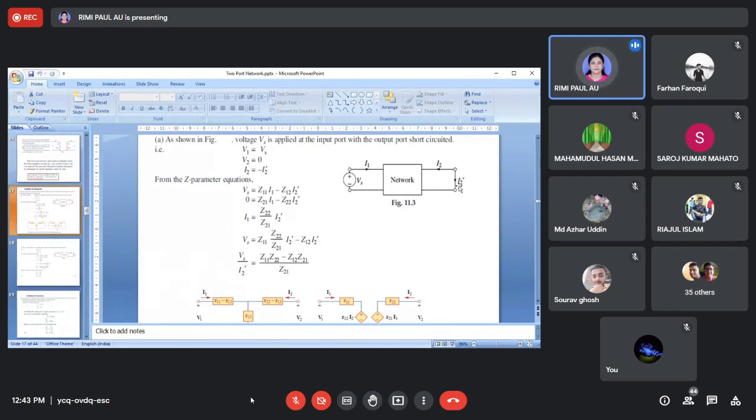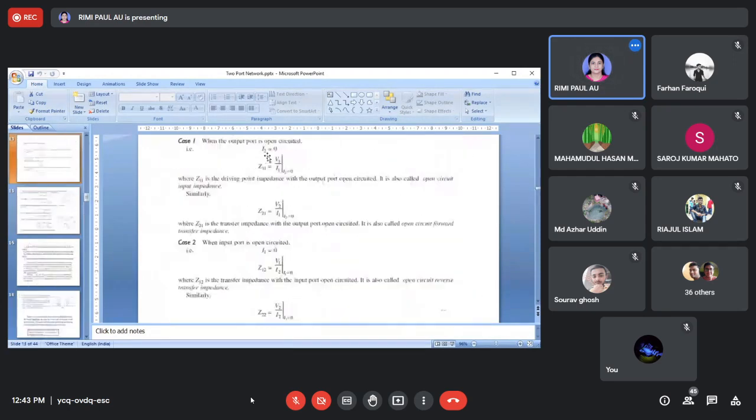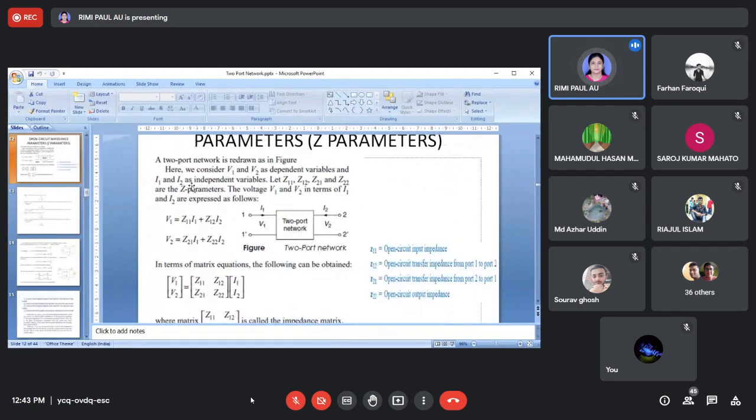If I get the current here, then V2 would be 0, and you know in a two port network the I2 current is entering the network. But as we are applying the reciprocity theorem, the current enters from this side to this side. So now I2 prime is equal to minus I2, or I2 is equal to minus I2 prime. Now these conditions will apply in the equation. Which equation? This equation, which you will remember.